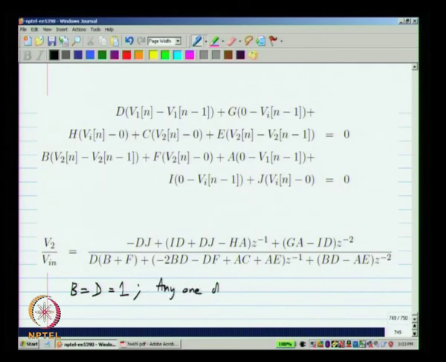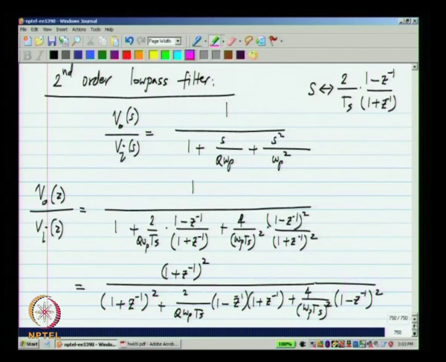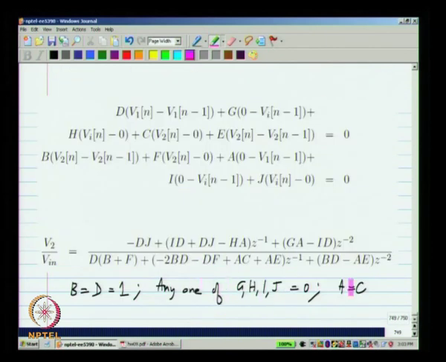and you can set any one of G, H, I and J to be 0. Turns out you can realize all the transfer functions even with one of these being 0, and also you can constrain A and C to be equal to each other. Okay. So, this is just so that you do not have to fight with so many variables. There are 10 different variables here, whereas in this there are only 6 coefficients, right. So, you can constrain some of them so that you remove the degrees of freedom, and later you can always do capacitor scaling to reduce noise, etc. Okay. So, this is how you would design a discrete time filter.